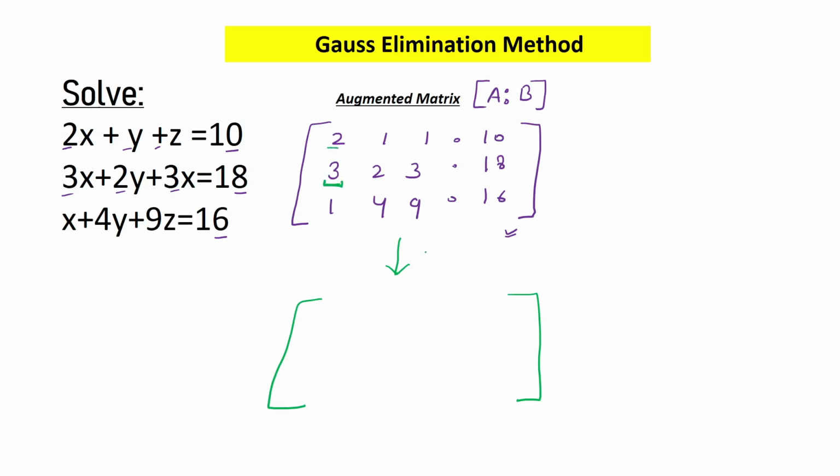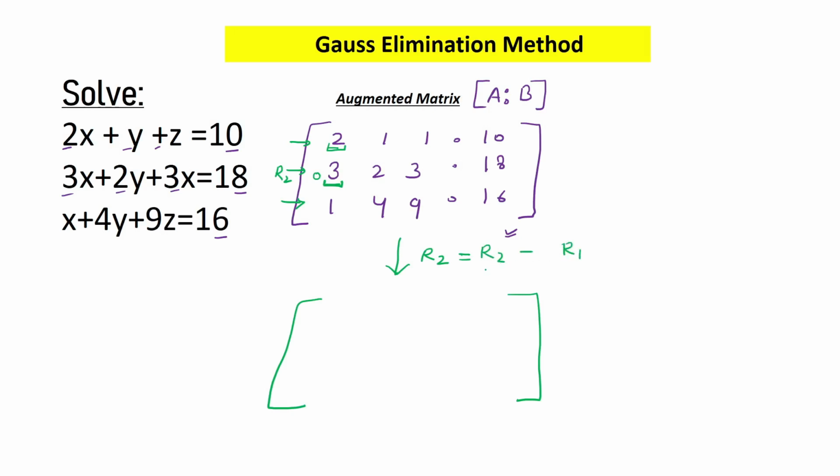That is, we can, let's say, write R2. That means this is row 1, this is row number 2, and this is row number 3. So when I am saying R2, that means I want to change the row number 2. That means this row. Now I will take the help of row 1. So what manipulations or what addition or subtraction should I do on this 3 with this 2 so that I can get answer as 0 at this position. So let's say if I write R2 minus R1.